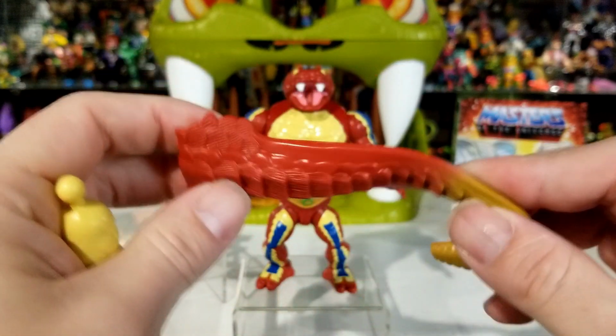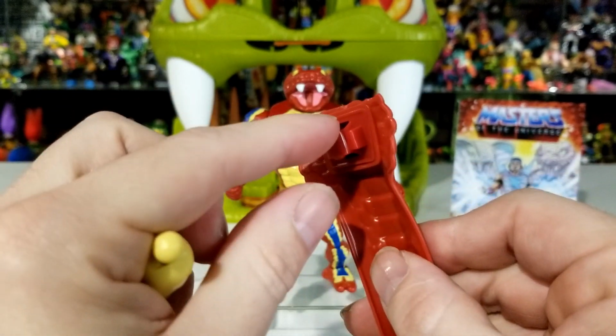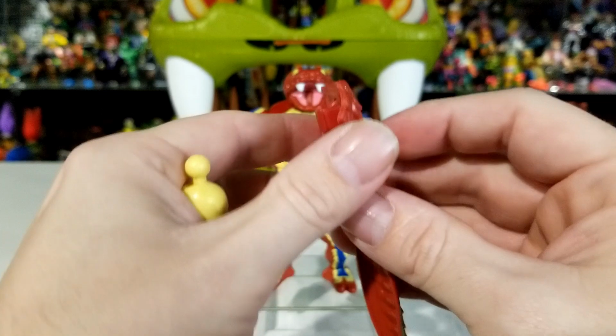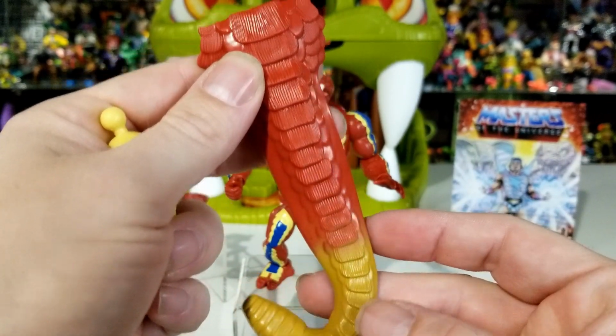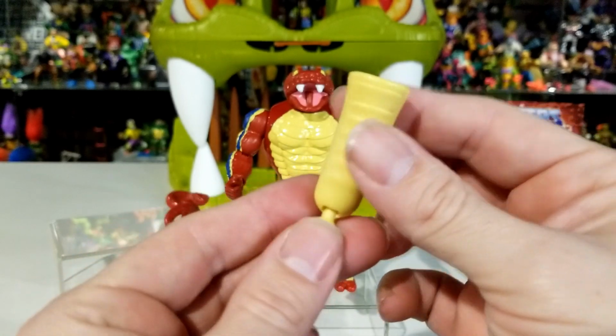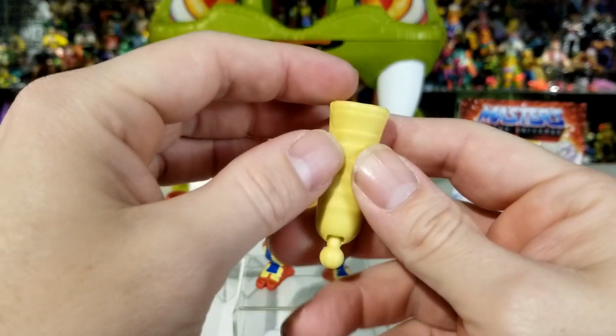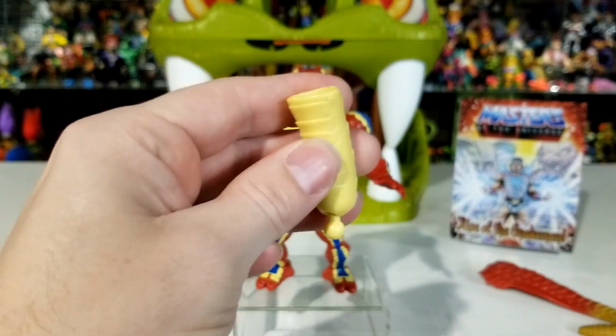extra accessories. Now this isn't like a hard plastic. This is like real thin rubber right here. And you guys just attach this to the back of his back and it'll basically be his tail right here, okay? Because he's supposed to be like a rattling snake, all right? This right here is his extra neck piece right here. If you guys want to pop off his head, you guys can pop this on and then pop his head right on the top of there, and that'll end up making his neck stretch out,